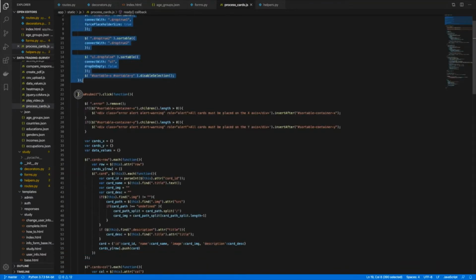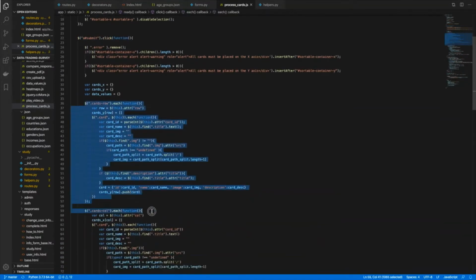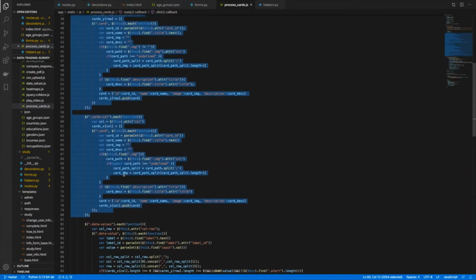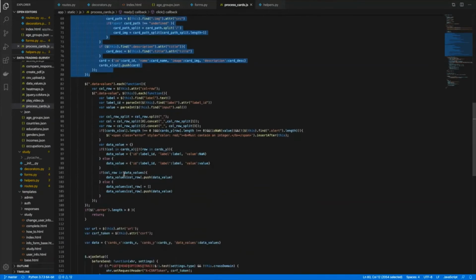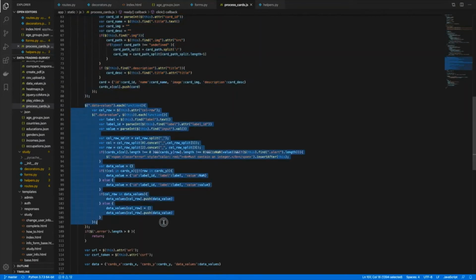So once the participant clicks the submit button, the functions here basically get each card and its position on the axes, as well as the values entered by the participant in the grid, and the positions along with the values.